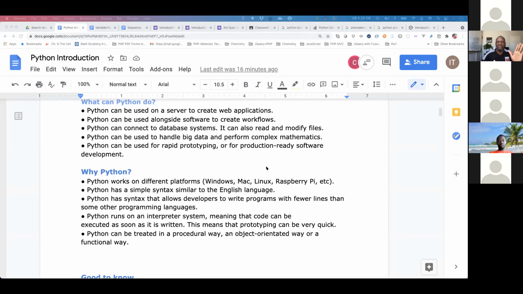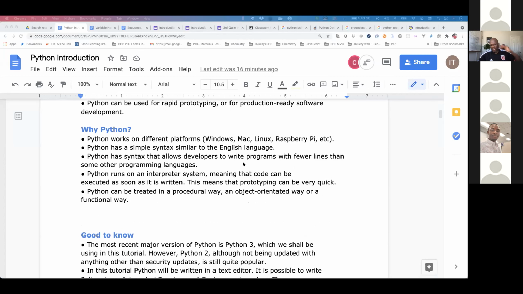And that does not mean you cannot compile it. It can be compiled, but just know the fact that it's easy to learn, it's interpreted, and it's easy to prototype in. That makes it a big deal. Now, Python can be treated in a procedural way too. We can do it the very old way, in a procedural way, where you put programs together and program them in blocks. Python is also object-oriented. That means we can declare functions and then we call them.